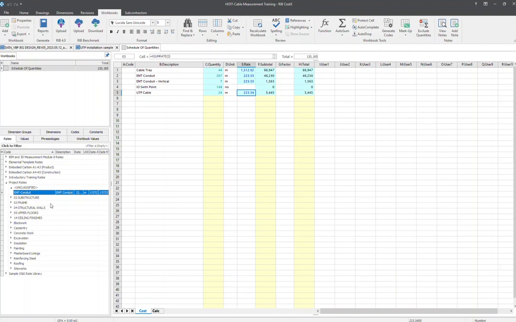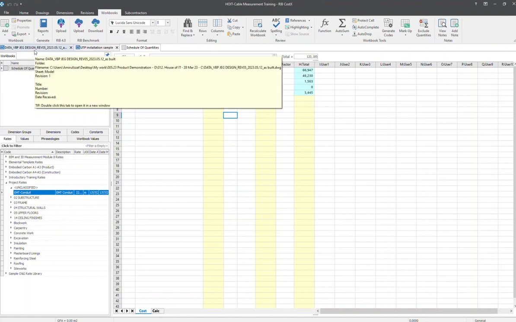So that's one of the advantages if we can use the rates library here. Okay, so basically that's how it works. Another tip I want to highlight here is about this particular